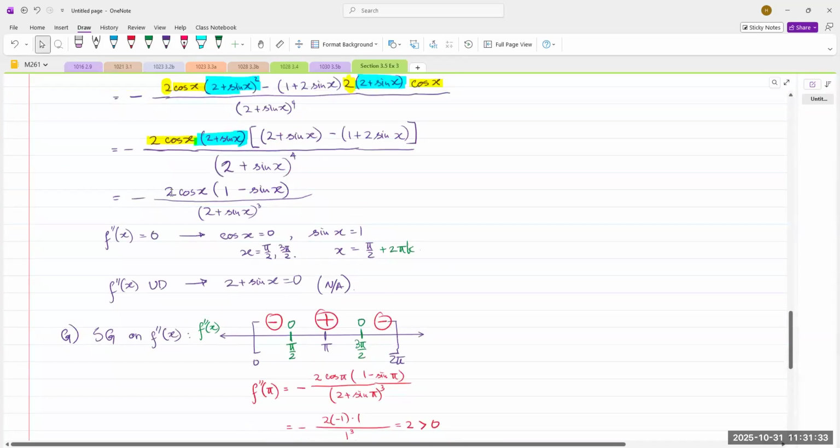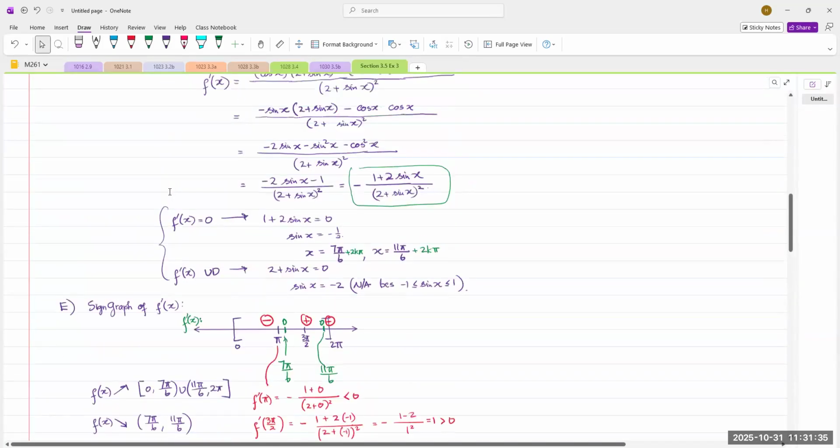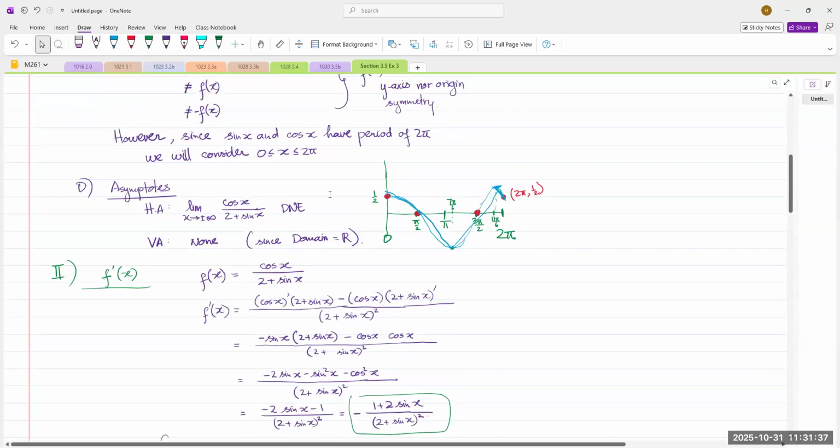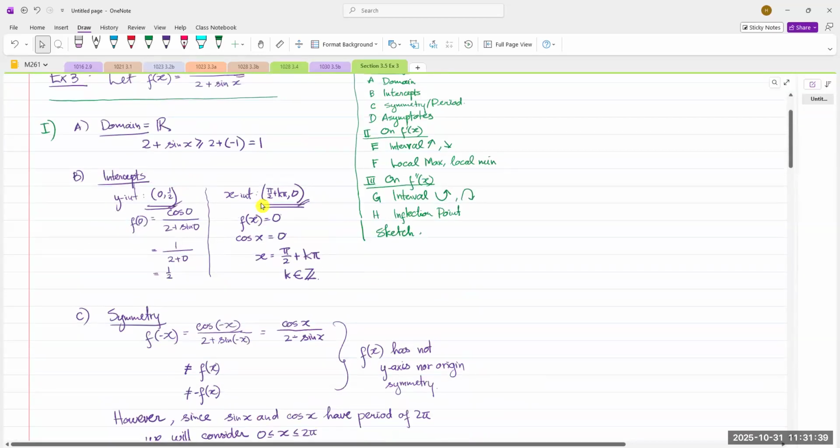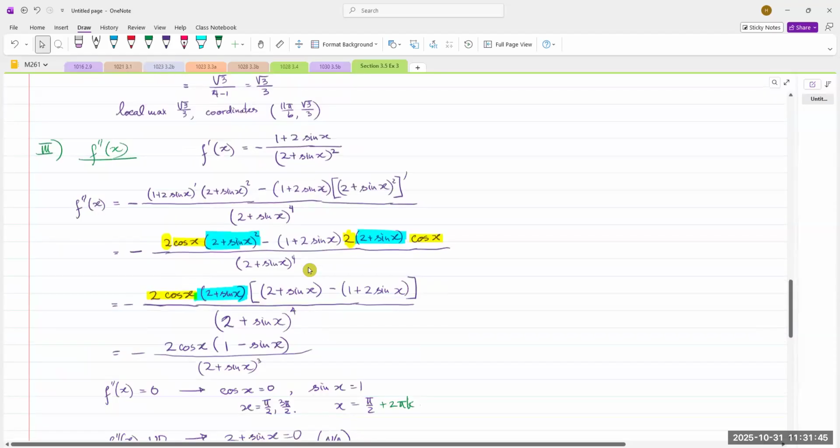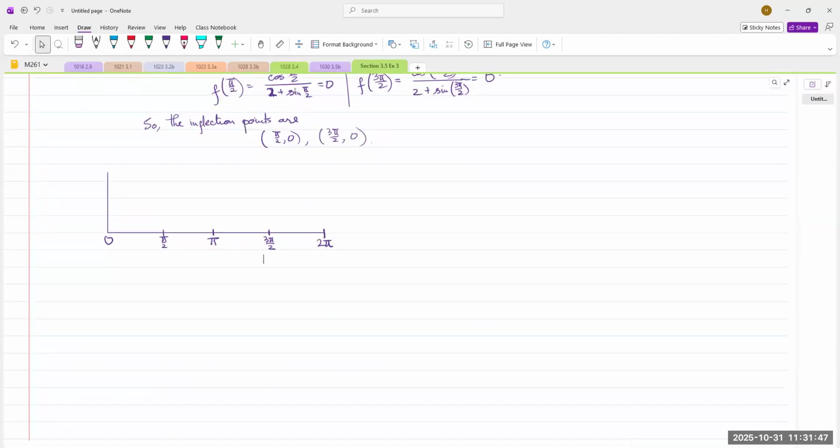Okay, and then the y-intercept, as I remember, is (0, 1/2). Yeah, (0, 1/2). The x-intercepts are (π/2, 0) and (3π/2, 0). Okay, so let's say this is 1/2, and we have x-intercepts here and here,